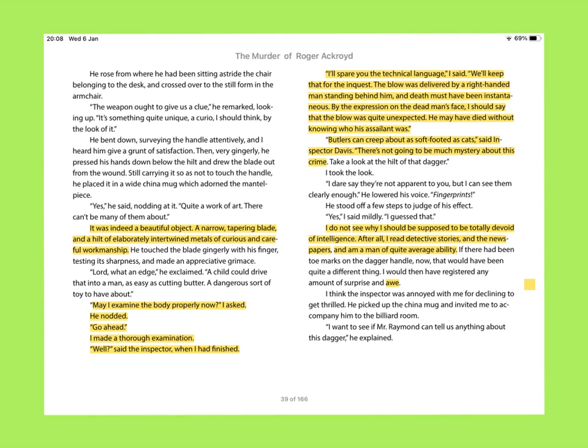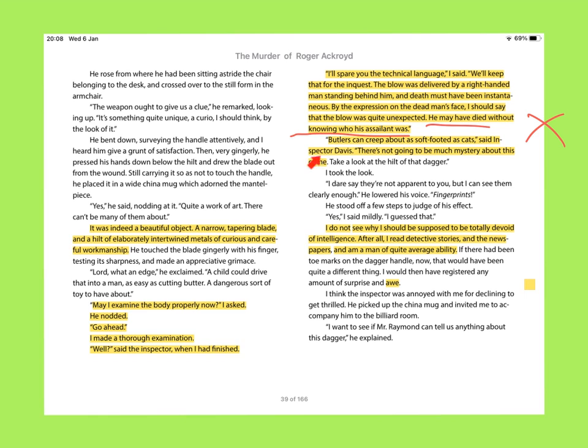More examples here in the quotes being highlighted. You can read through yourself and look for close detail. More ideas of the professional, the devoted doctor wanting to aid and assist the course of justice. But within that, we have these examples of misdirection. Look: "He may have died without knowing who his assailant was." Couldn't be further from the truth, could it?